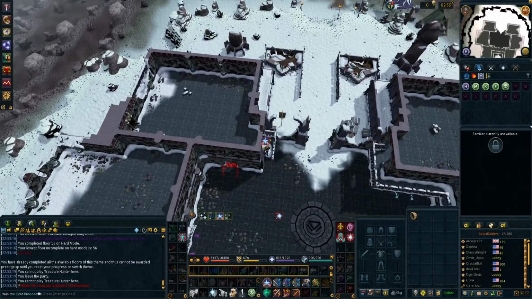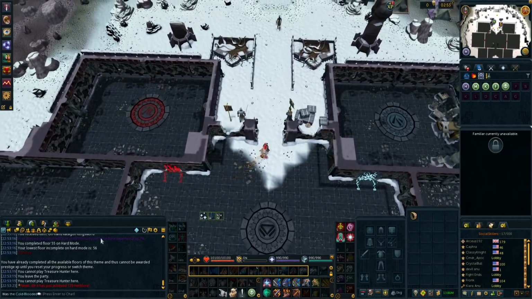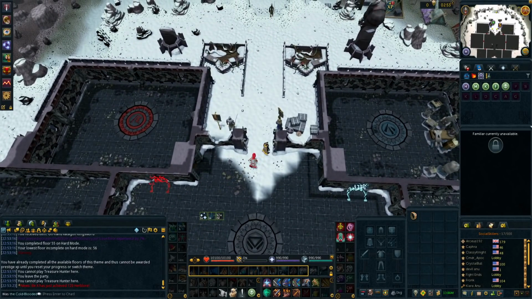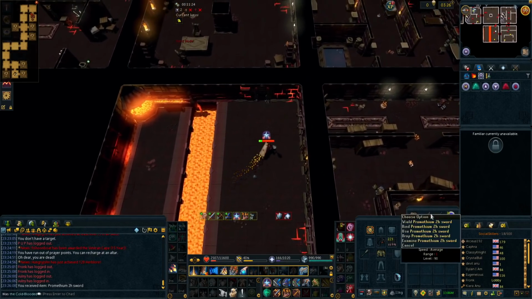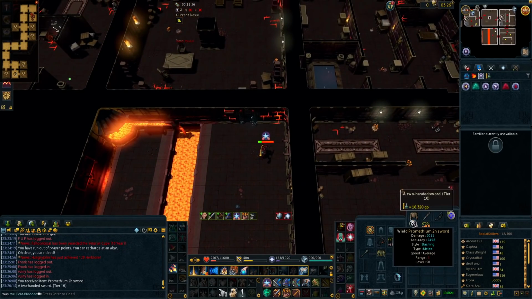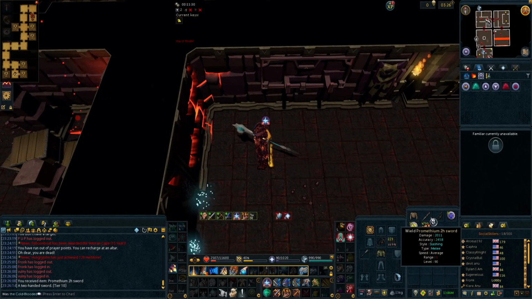I'm averaging about like 7 to 8 minutes per, and we have three floors to go. So 20 minutes, and I'll have a nice title. And we're done. We got the Prometheum 2-hand sword. Unfortunately, not the T99 one, but we already have that one bound, and if we ever need to melee, we